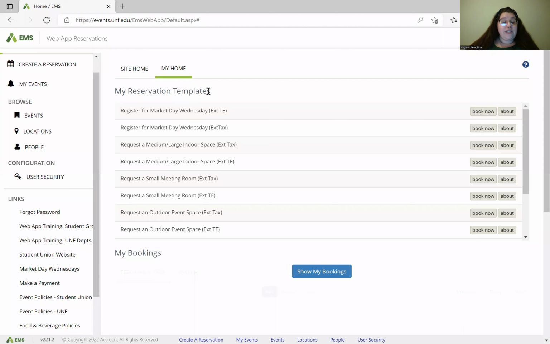Under my reservation templates, you are able to see the list of types of requests that you are able to make. If you are tax exempt, you should see in parentheses EXT capital T E, or TE. That means that you are considered tax exempt. If you are taxable, you will see EXT tax and you will be charged tax. If for any reason you feel that these are not appropriately assigned, please email us at the